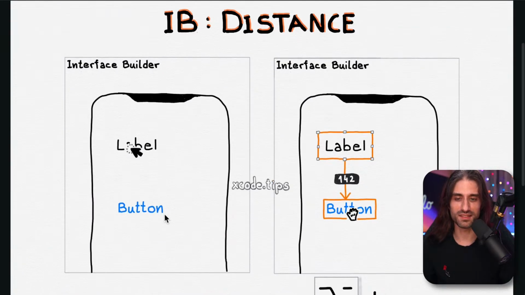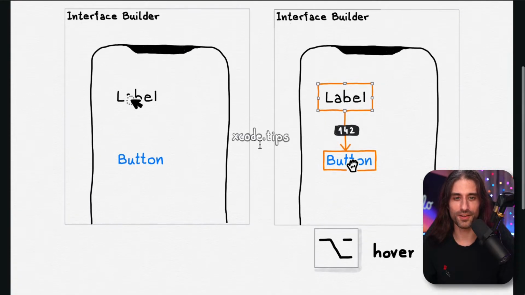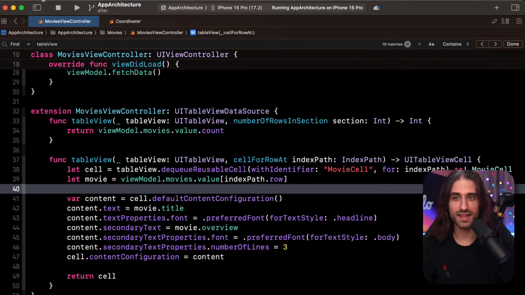Interface Builder Distance. This one is very useful. I think I shared it on LinkedIn and Twitter a long time ago, and it might have been one of my first viral posts on LinkedIn. And so if you use Option and you hover UI elements inside Interface Builder.